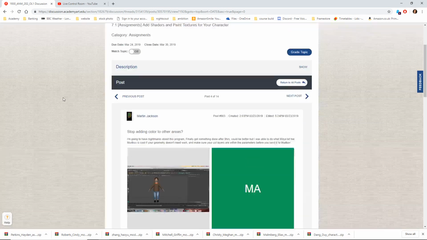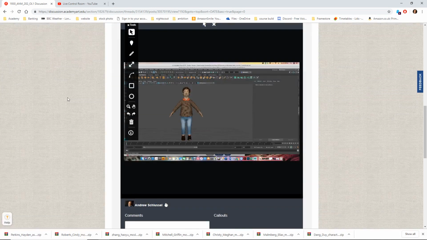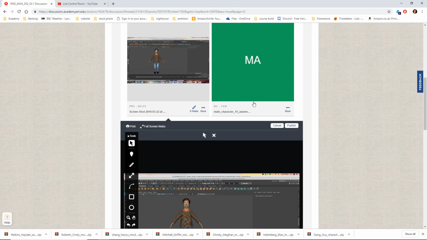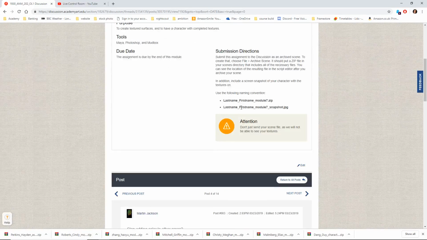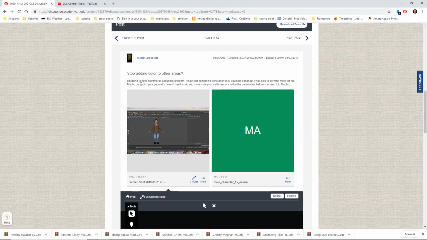Okay, first up is Martin, and unfortunately, just doing your Maya file doesn't allow me to see your textures on the surfaces. If you look at the submission directions, it says to send an archive scene. You do File, Archive Scene, and the reason is that your Maya file doesn't have the texture images embedded in it. It just points to those files externally. So if you don't do archive scene, I don't have the texture images, and then I just see the gray